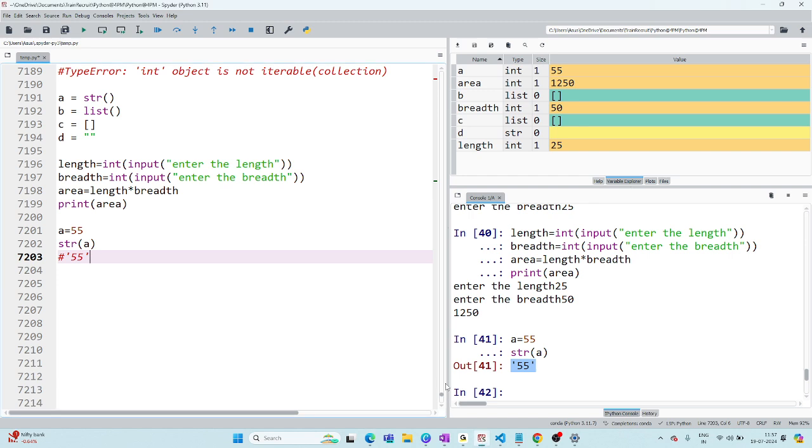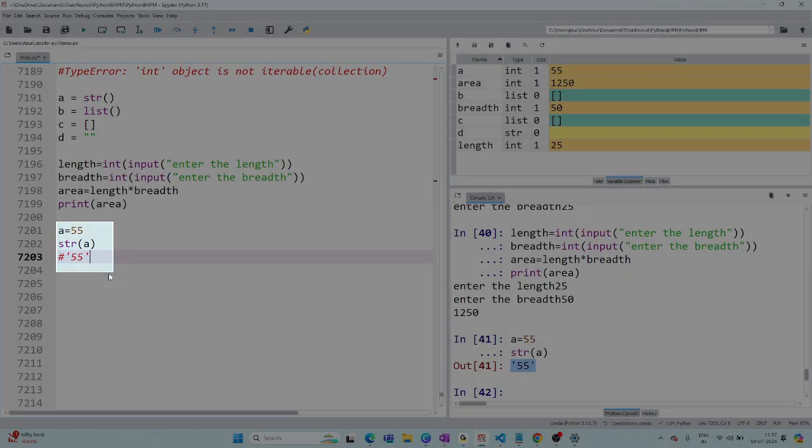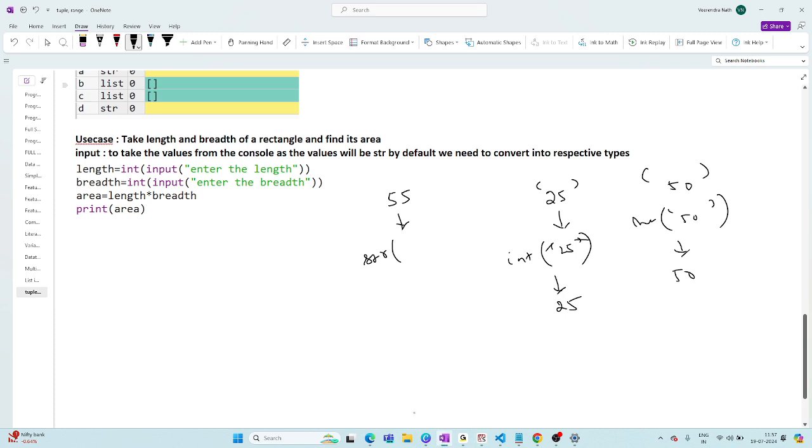Am I clear? Yes or no? That is very, very important. జనరల్‌గా స్ట్రింగ్‌లోకి కన్వర్ట్ చేసే అవసరం ఎక్కువ పడదు, కానీ ఏదైనా సందర్భం వచ్చింది కాబట్టి చెప్తున్నా. Now you understood where conversions happen, where they don't, why they happen and why not. క్లారిటీ వచ్చిందా?